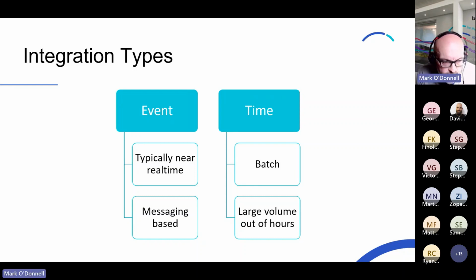And then the second part is time-based, or probably more commonly referred to as batch. That's the kind of end of day type transfers where all sales are transferred to the order system. And it means that instead of getting the 1 million events or 1 million messages that you got in the previous approach, you would get one transfer regardless of the number of sales. It's much more efficient for large numbers, but it tends to have a kind of time delay element to it. I'm just highlighting these because it's probably important to understand when we talk about some of the technology stuff in a bit.